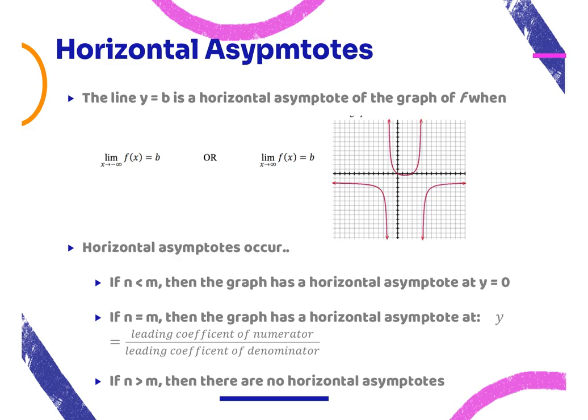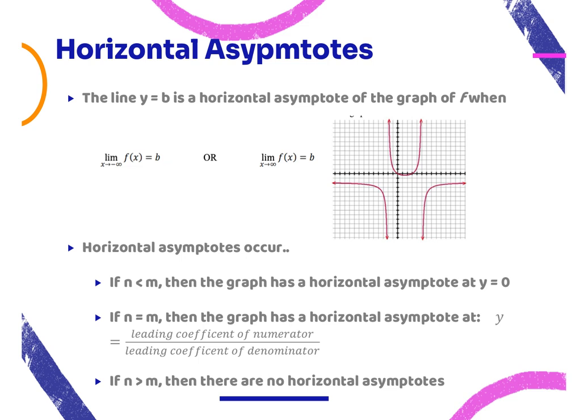All right, so here's the rules if I have an equation. If you could remember your horizontal asymptotes, it's just stuff that we did in Algebra 2 Honors. If you could remember this, then anytime they give you an equation, it's like a 10-second thing, I could figure out the horizontal asymptote. If I can figure out the horizontal asymptote, that's my end behavior. So the line y equals b, which means it's an equation and it's a horizontal line, is the horizontal asymptote